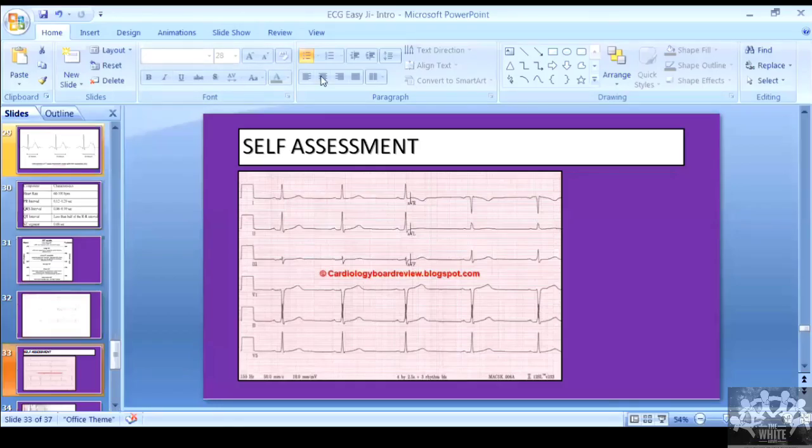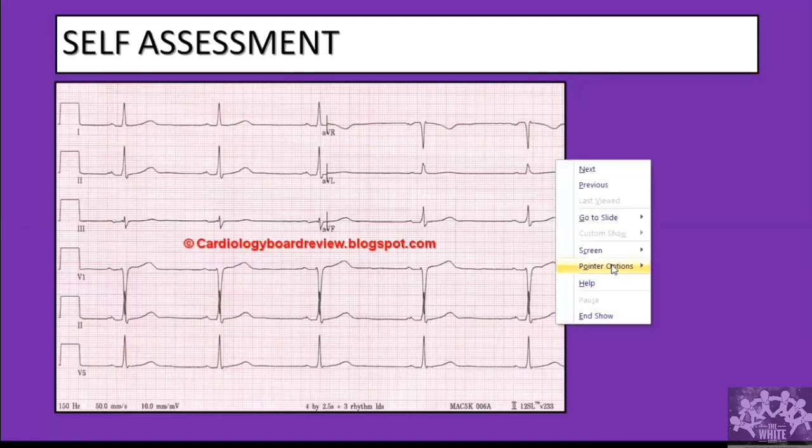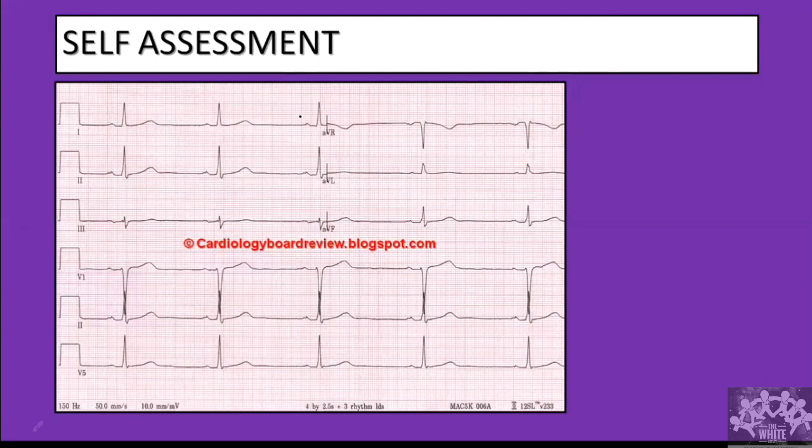I see some answers. Yes, time is prolonged. Yes, it should be 25. Correct, correct. Those are the first things you should identify, because your interpretation will completely change if the basic way the ECG is taken itself is wrong. So this is one important point to make. Okay, let's assume that this is normal. Someone wanted to practice heart rate calculation. So let's assume this is normal. Can you calculate the heart rate for me?